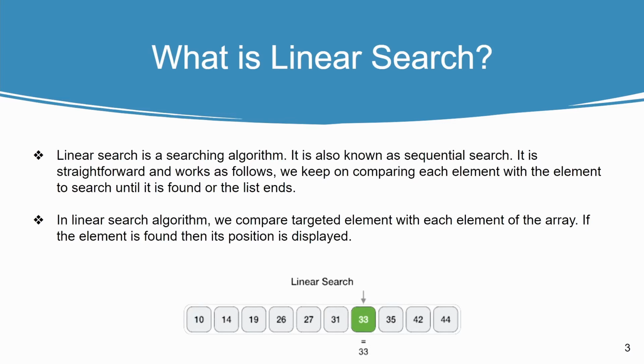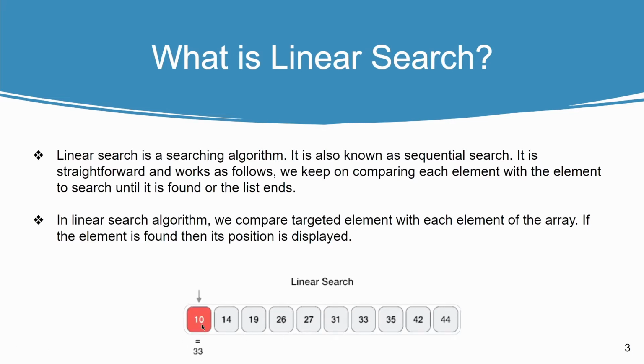Linear search is a searching algorithm. It is also known as sequential search. In this technique, we keep on comparing each element with the element to search until it's found or the list ends. So as you can see in the GIF below here, we are given an array, and